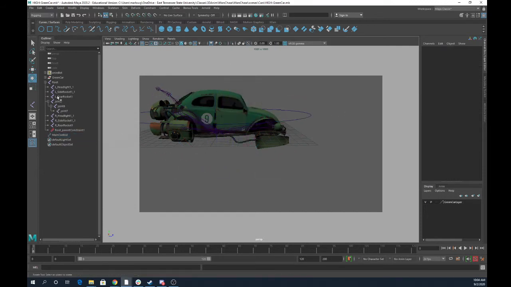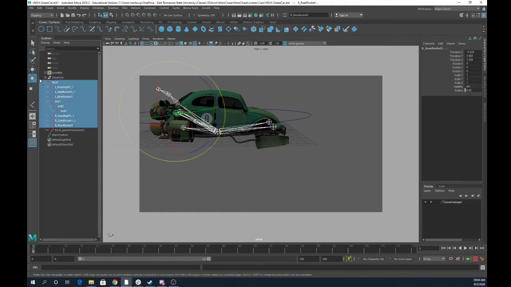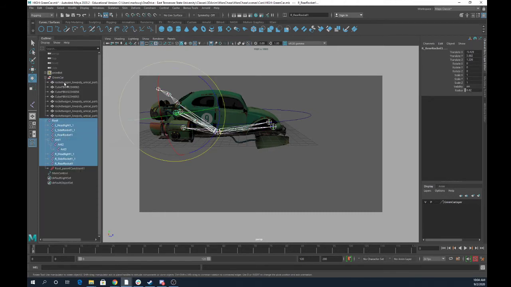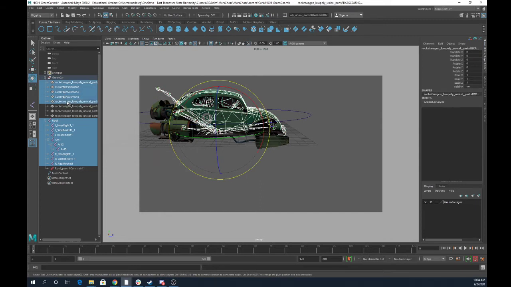What I would do next is, I didn't name my antenna, did I? I'm going to try antenna. There we go. So what I'm going to do is grab my entire skeleton, grab all the pieces of my car,